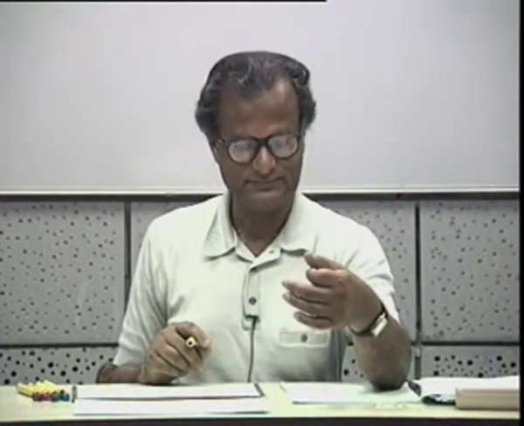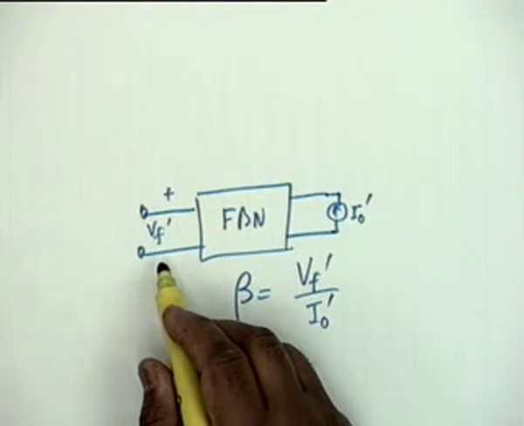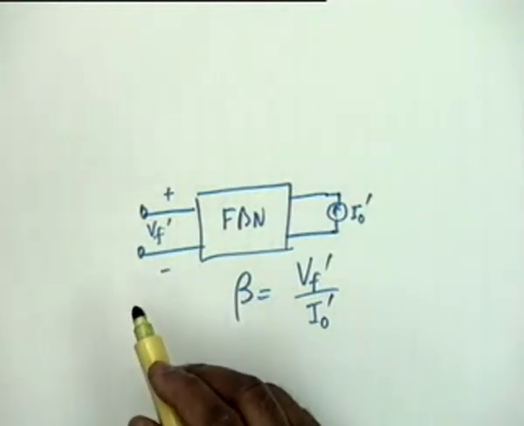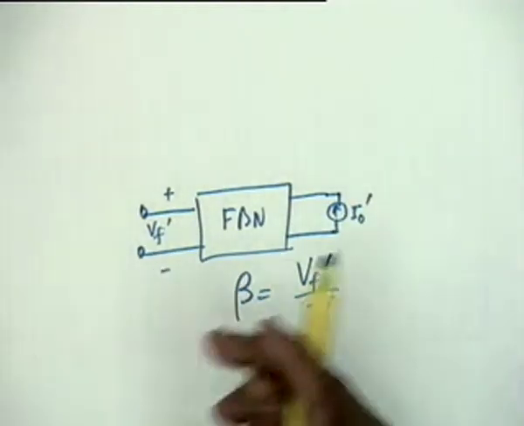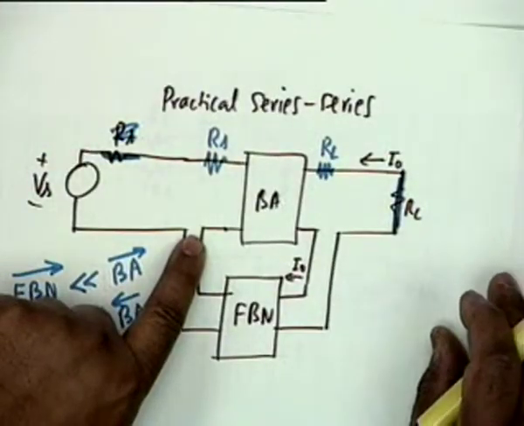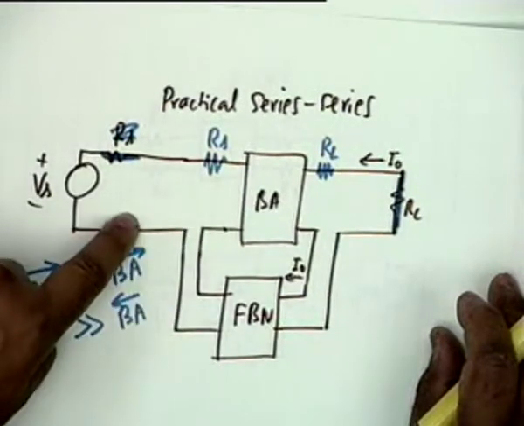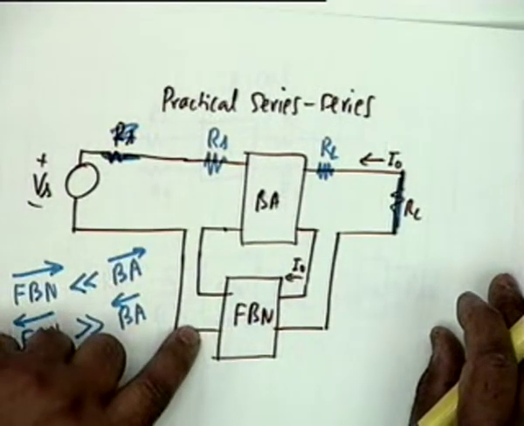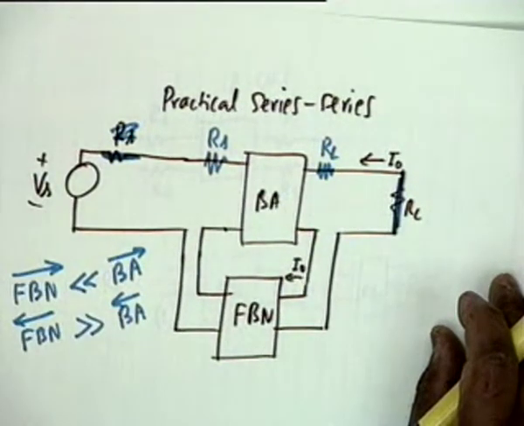Why don't we directly use Vf? Why do we put a prime subscript over there? Because I don't want to confuse this with the actual voltage. The actual voltage is different. Let me go back. The actual voltage is with the basic amplifier included, whereas what I find here is the open circuit voltage. So that may be different, that will be different. That is why I use a prime. Okay. Now I go back to why